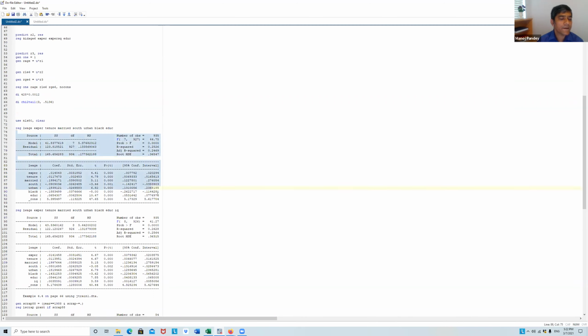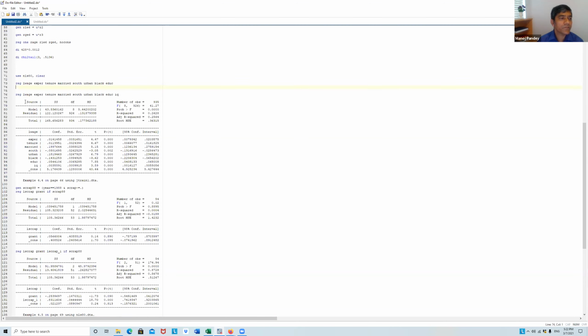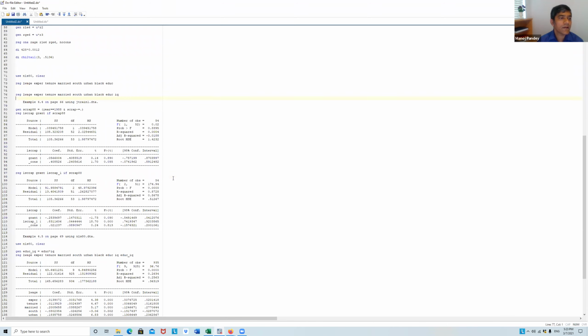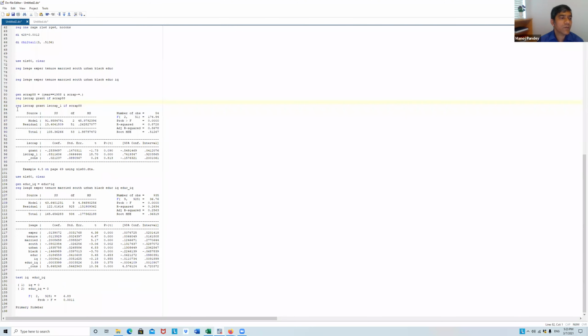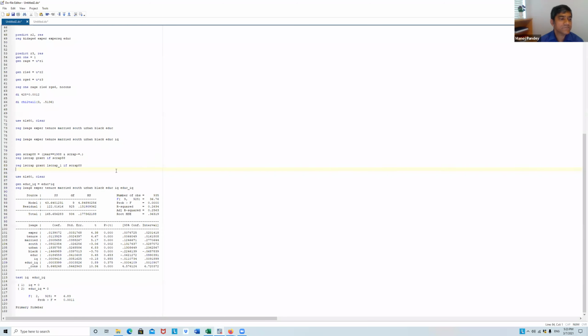Okay. And then it is chapter 4. All the examples of chapter 4 are here, and it's a big chapter. I use this book for my econometrics class. Quite nice book.